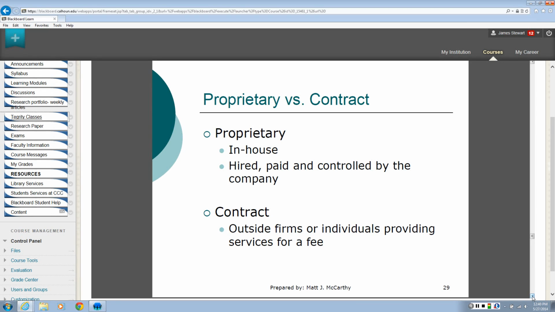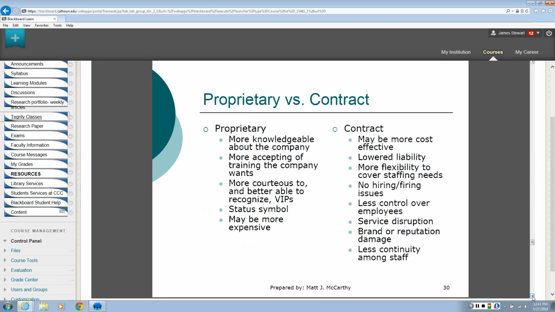So basically, the contract company is kind of like a probationary period to see if we like this person, see if we want to continue them with our own agency. So we'll use them with the company we're not really bound to. If we don't want that person, we don't have to hire that person any longer, and they'll have to place them somewhere else or lay them off. So make sure that if you get a chance, check out Huntsville Hospital Security Services and know the difference between proprietary and contract security.